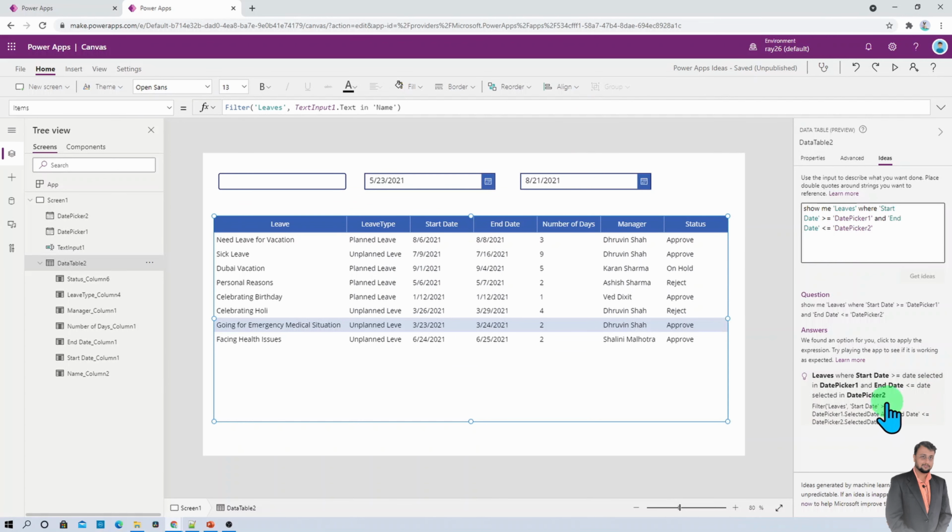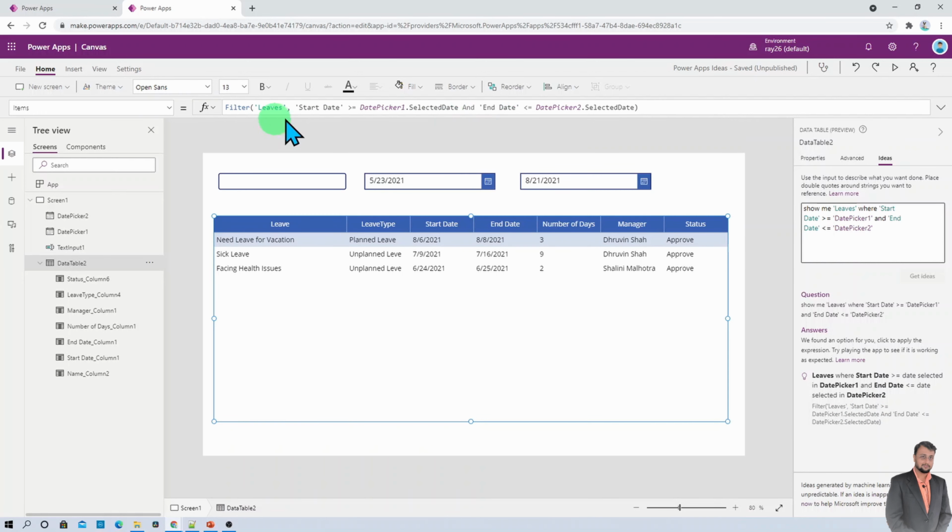And here we are. It has given us this idea. Let's select that. And you can see the value is showing in a perfect manner.